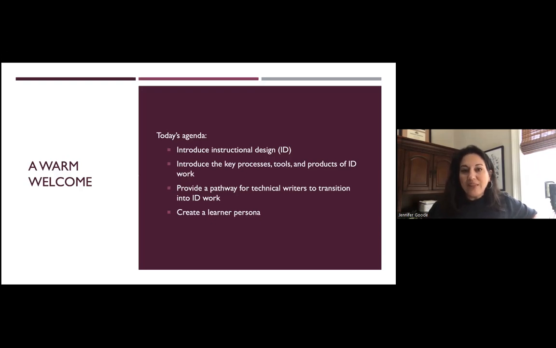And then, as promised, I'm going to start bringing some workshop material. Now, since we're laying the groundwork this time, I've got one big activity today. So we'll just do one, but we'll do some talking, and I've got some case studies and stories to tell. I'm a big storyteller. But I'm going to help us create a learner persona as I show you how easy it is to pivot from technical writing to instructional design. I think you're going to like the parallels there. So I hope this works for you.